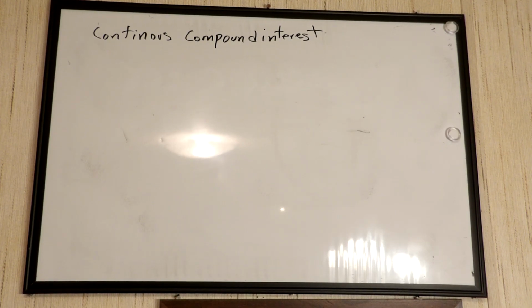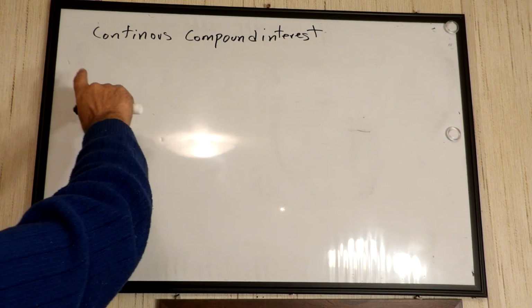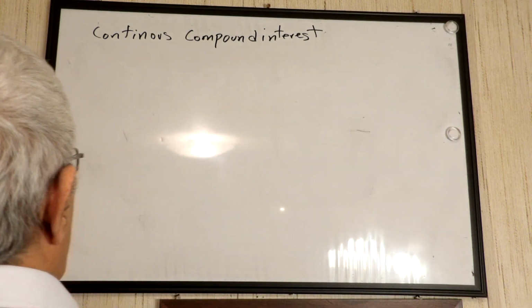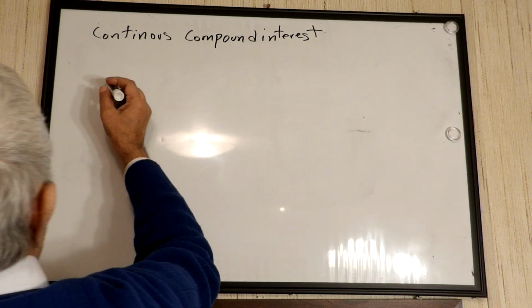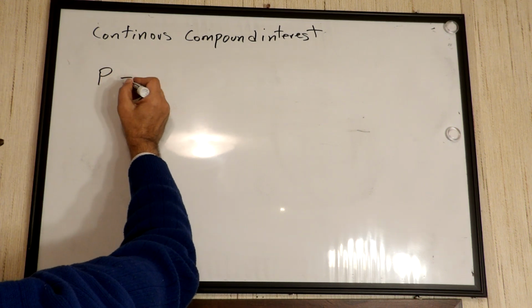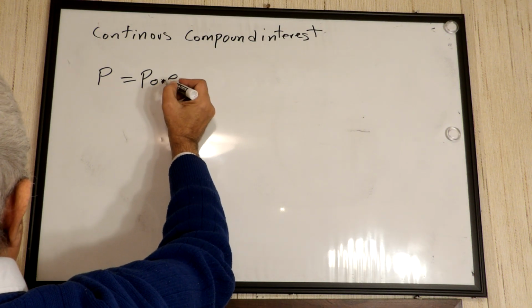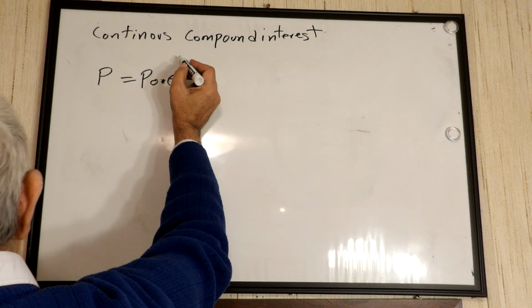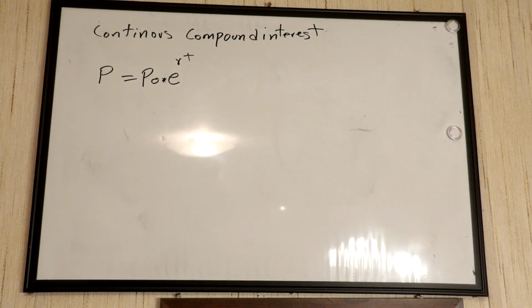In this video we're going to talk about continuous compound interest. There is a formula for that: P = P0 times e to the power of RT. Suppose that